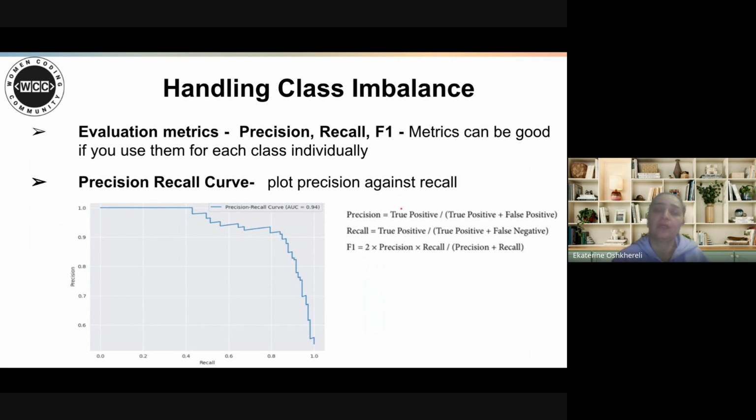In addition, these metrics are good if you use them for each class individually, not just for the positive or negative class. For each class, you have to look at each metric. In practice, the ROC curve is quite commonly used, but for imbalanced classification models the precision and recall curve is better to use, because the ROC curve relies more on positive classes.